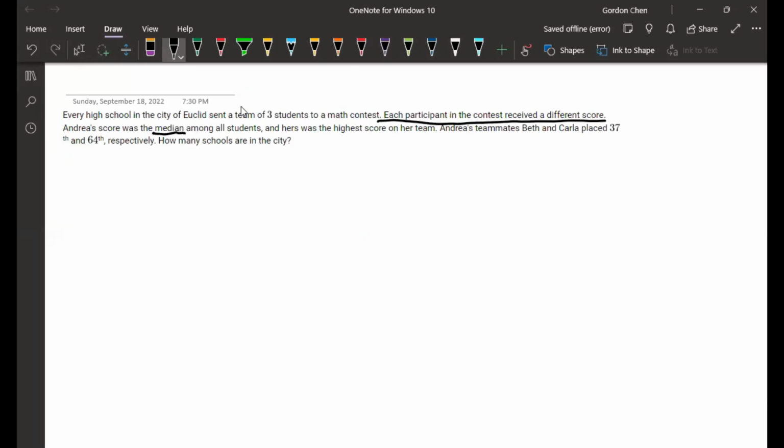Andrea's teammates Beth and Carla placed 37th and 64th, respectively. So, how many schools are in the city? Well, for one, we don't know how many schools there are, so we'll label that as x schools. And each school sends a team of 3 students, which means there are 3x